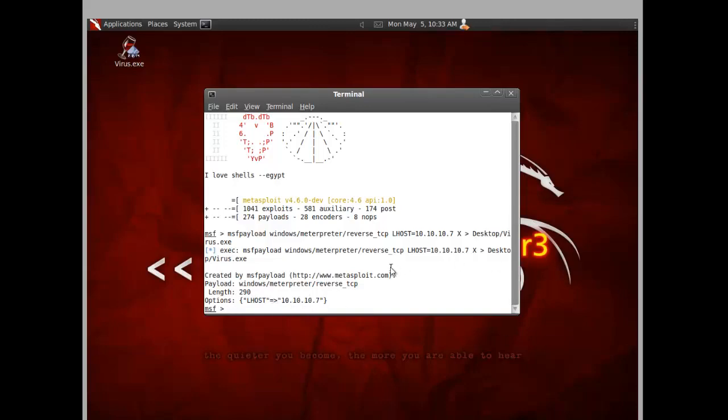Now, for this step, I don't want you to get confused. Usually, a hacker will create a virus and he or she will share it on the internet. But as I don't have the time and option to do so, I'm going to share my virus in a folder. To do so, I'm using my folder creation tool, which is mkdir